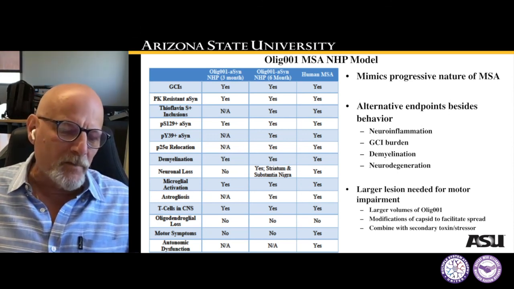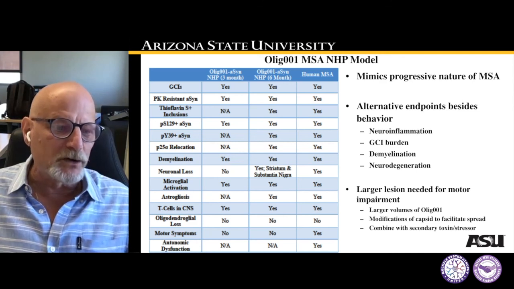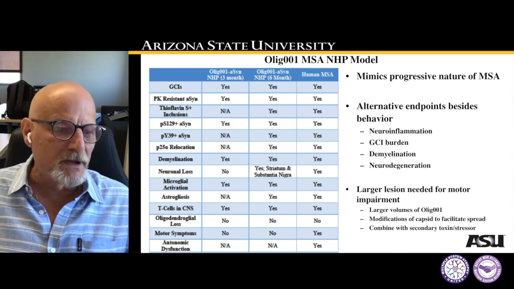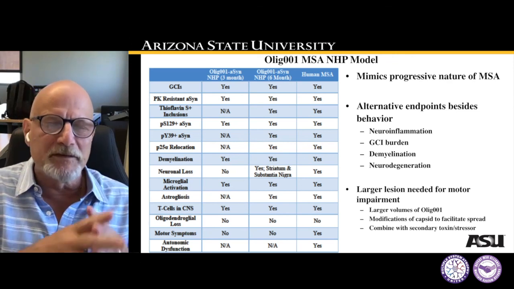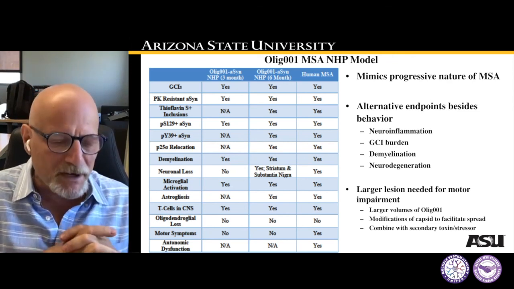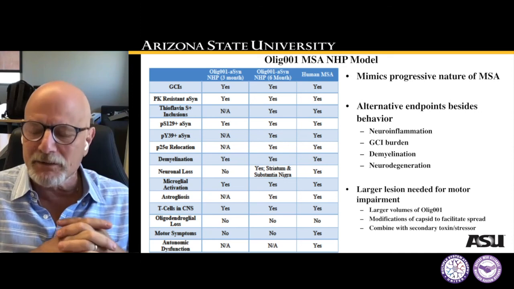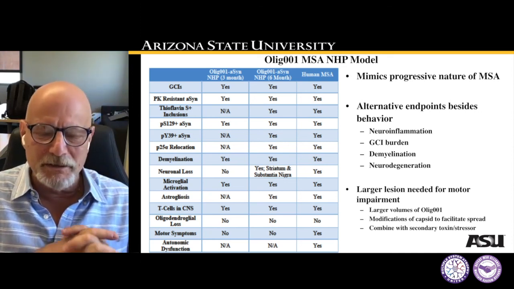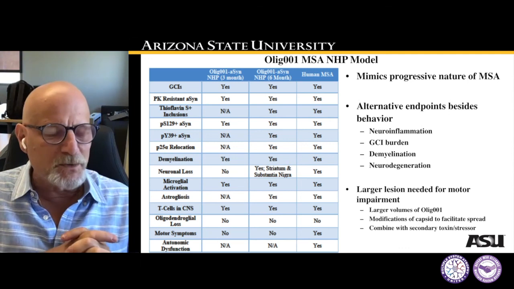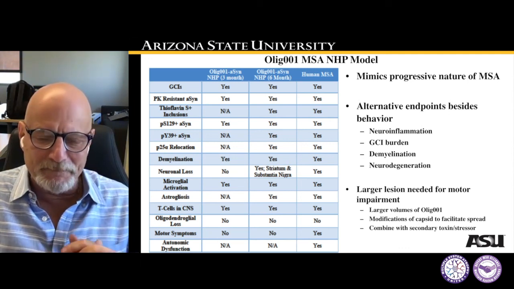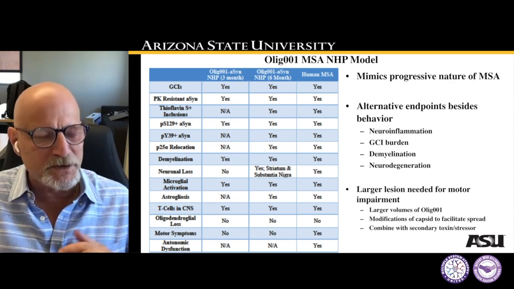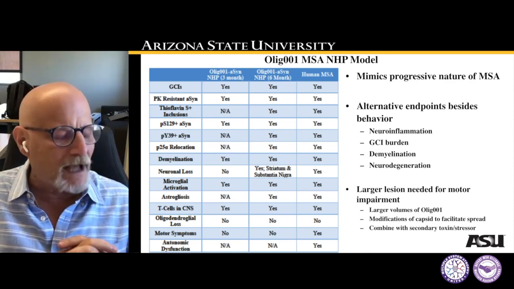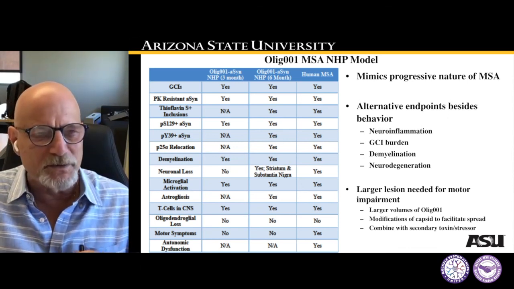The only difference is we haven't looked for autonomic dysfunction in this model, and we haven't yet seen motor symptoms. So we're going to go with larger lesions for motor impairment, but we believe this model is going to be very robust and very helpful for testing out experimental therapeutics. There are biotech companies that have already come to our lab and asked us to test their compounds, and that is underway. But we're excited about using this particular model to test novel therapeutic strategies for patients with multiple system